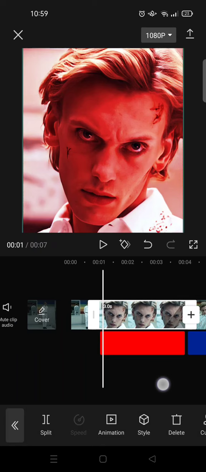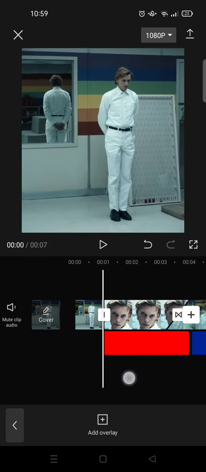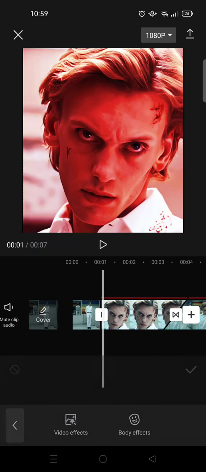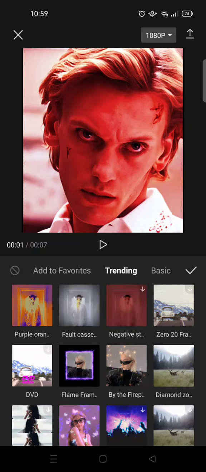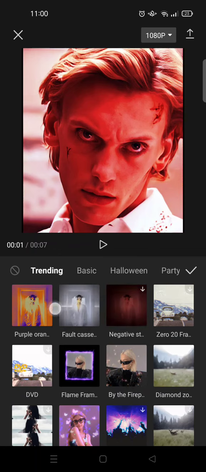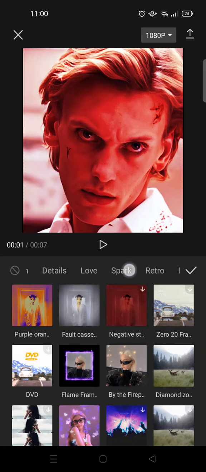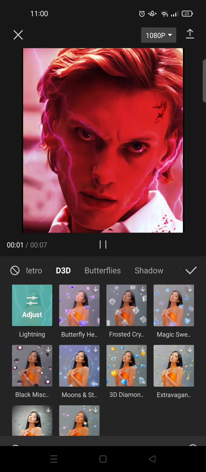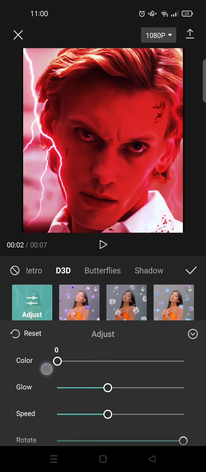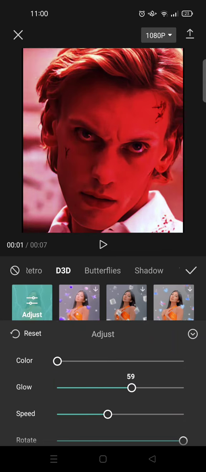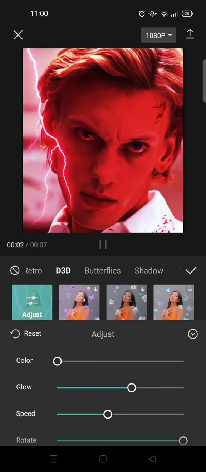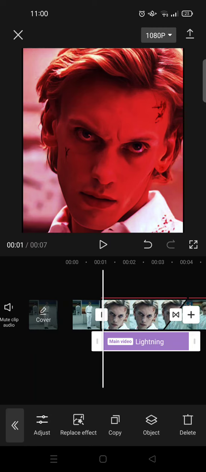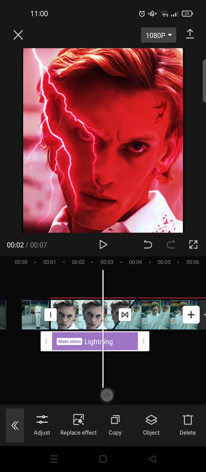So for the second clip, I'm going to add a video effect. So go to effects and then video effects, and here go to the 3D category, this one's right here, and then choose lightning and adjust it to your liking, but I'm going to reduce the color, and also I'm going to add the glow, and you can also adjust the speed. Okay, click on the check icon, and then for the third clip,